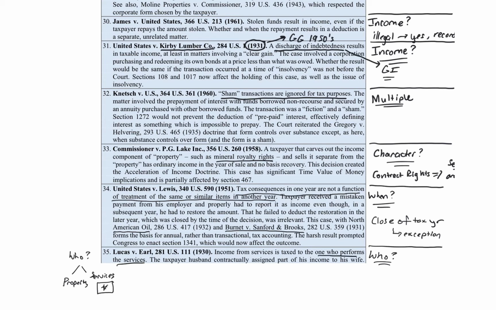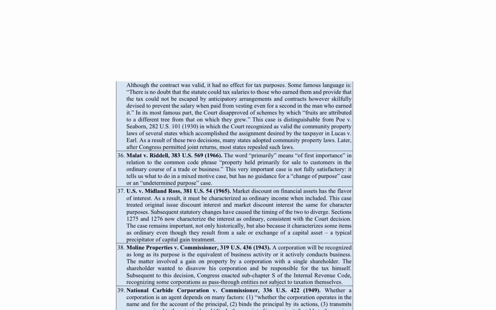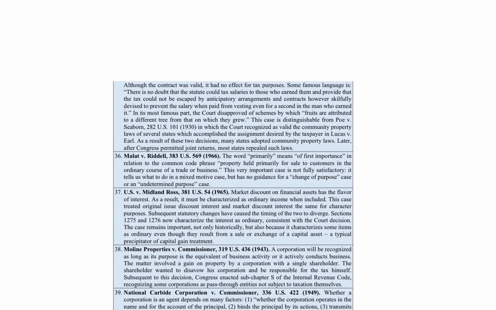In this case, we're going to look more at the facts, but it was a husband and wife. What they basically did was try to split everything equally through a contract because the wife was in a lower bracket. The court said, no, husband, you can do that all you want contractually speaking, but you're still going to be taxed on what you earn. It was before they had joint filing, but what if you filed separate? Actually, I think they did have joint filings. They filed separate, I think that was the issue. So that is the Lucas v. Earl decision.